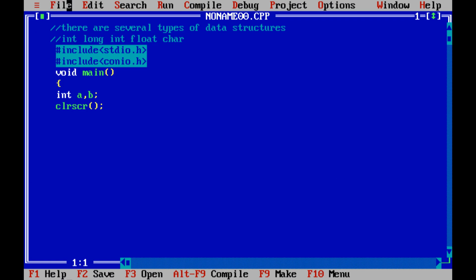Here you can see two statements with slashes in the beginning. These are called comment statements. If you use two slashes, you can write anything after the slashes, and it would be counted under comment statements. These would not be counted under programming. Now today we will discuss different data variables.